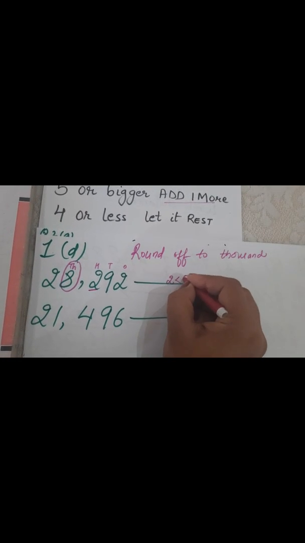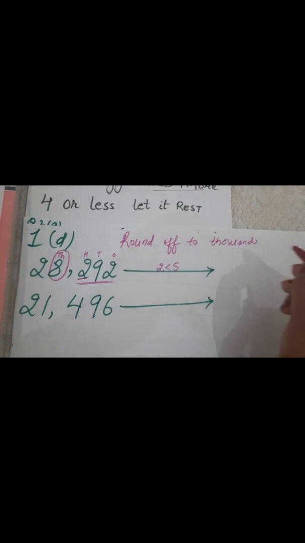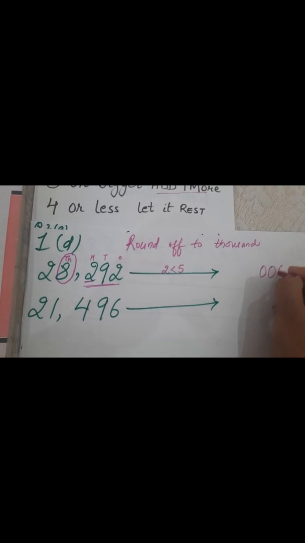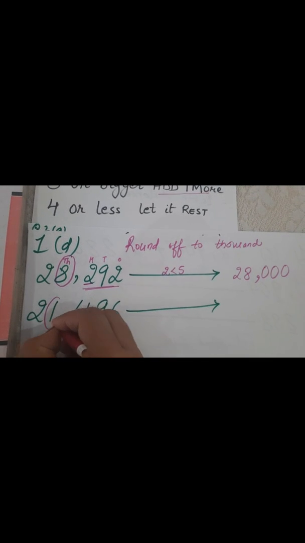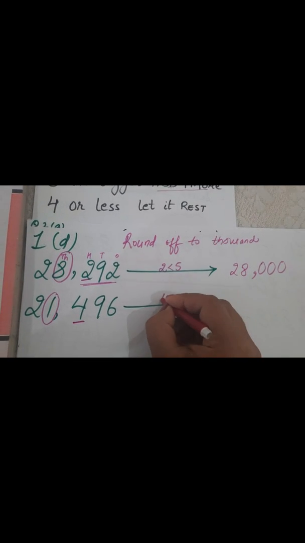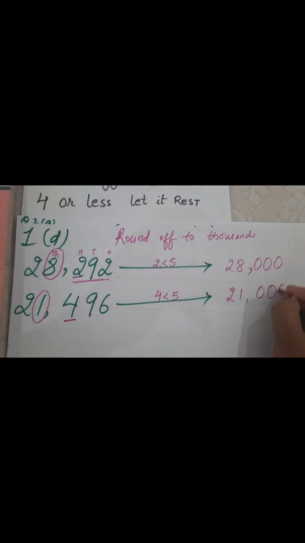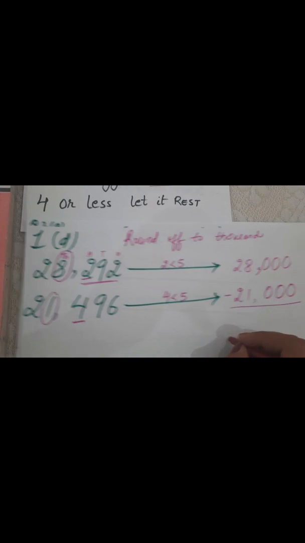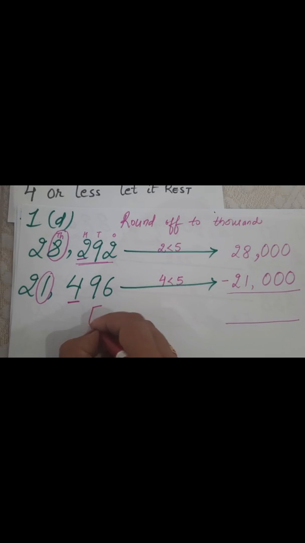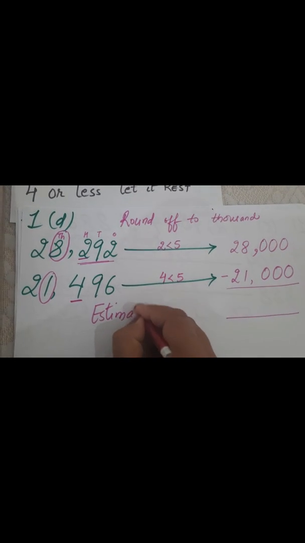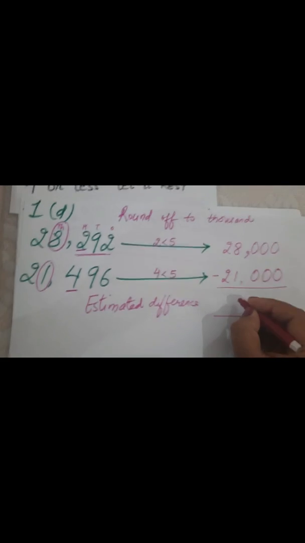This 2 is lesser than 5, so the whole right side becomes 0 and the left remains the same. Again circle it and underline 4, and this 4 is again lesser than 5, so it equals 21,000. As the question is of subtraction, I will write estimated difference. So it becomes